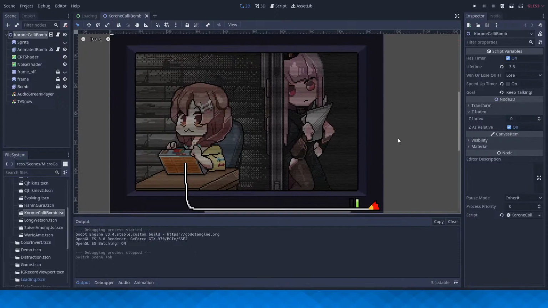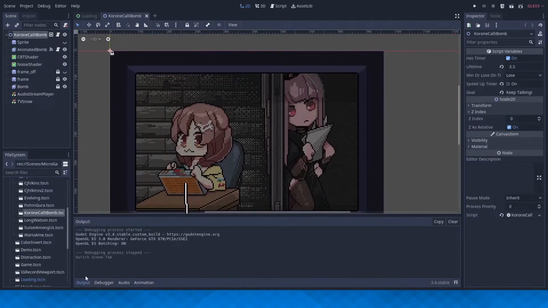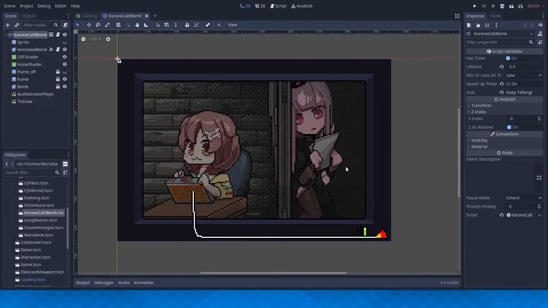This is what the scene looks like right now. We have a monitor here, on which we have Kali and Corona. This is very standard. We just have them trying to defuse the bomb.